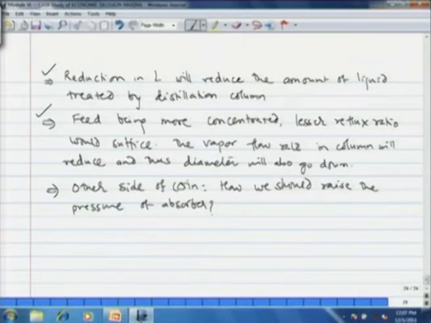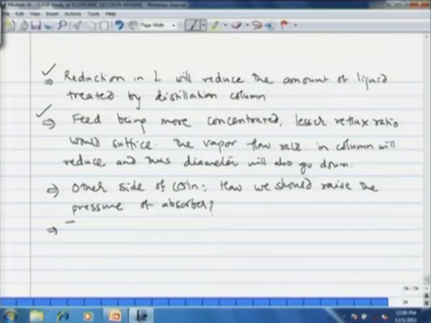However, if the pressure of the exiting waste gas is not much, let us say only a few thousand pascals above atmospheric, then we need a compressor to compress this stream further, and 687 mole per hour is a quite huge volume of gas to be compressed. Therefore, the cost of the compressor will be high, and it will reduce all the merits that are available with that particular option, that is increasing the column pressure. Okay. So, that point we note.